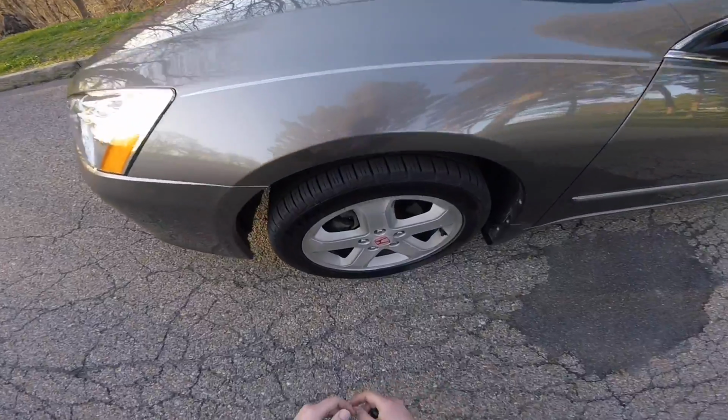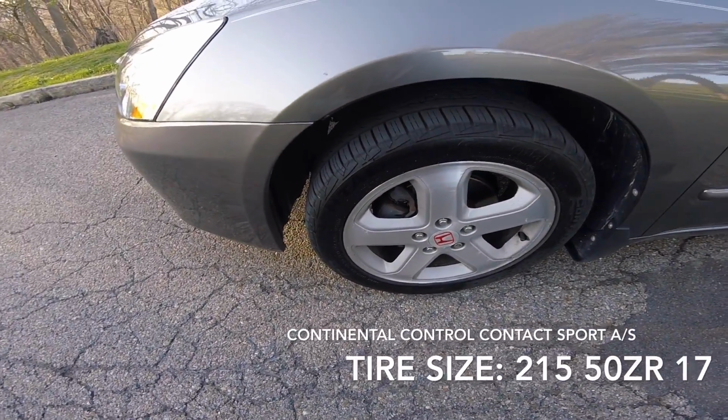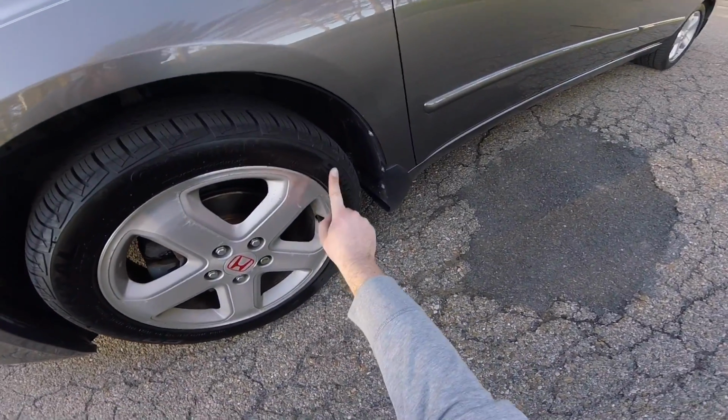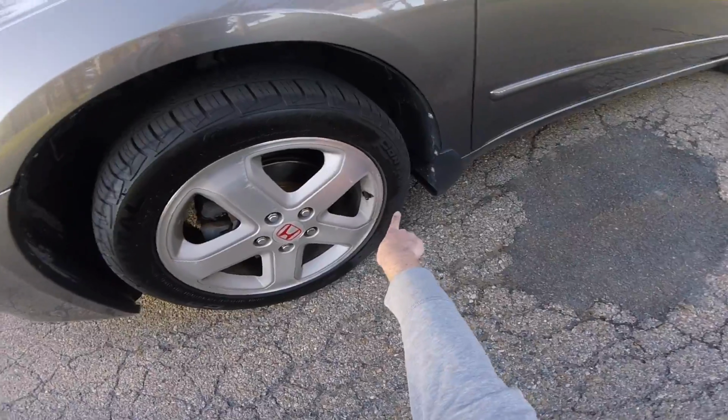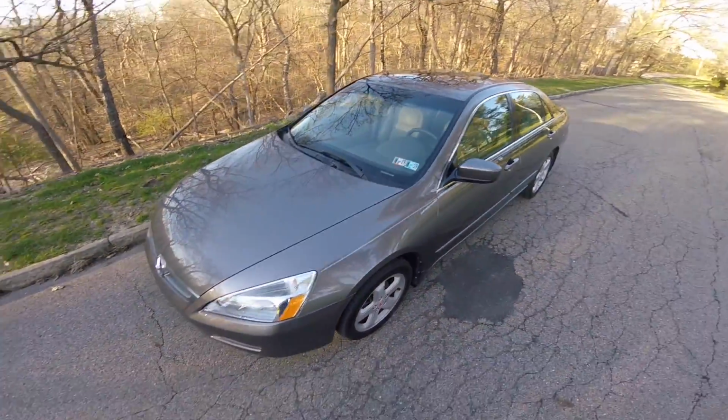These are Continental ControlContact Sport all-season tires, and wow, I did a crappy job of shining these tires. I'll have to go over that again. It's already fading away. Anyway,